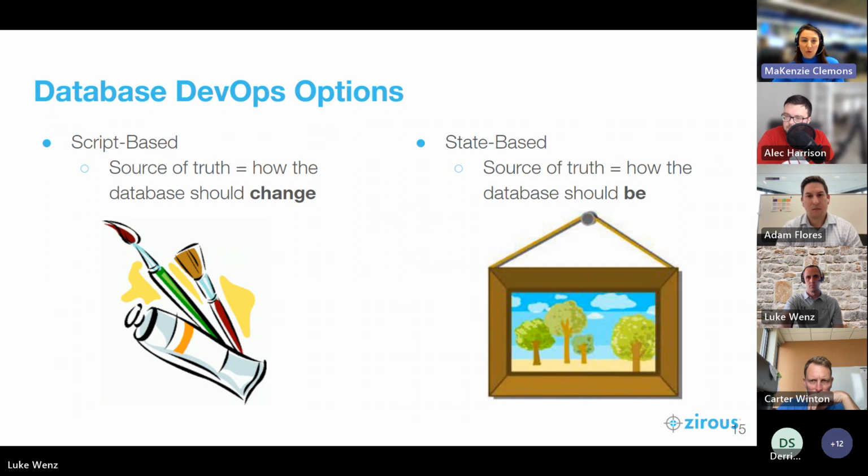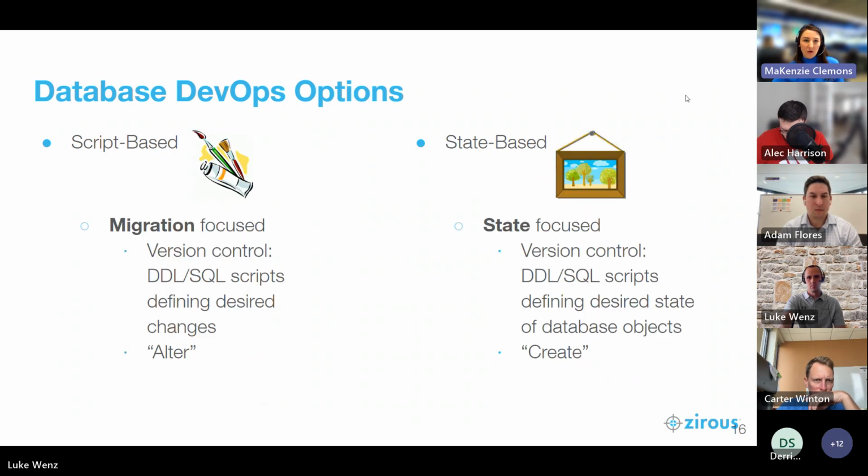So those are the 2 different approaches that we have as we're talking through different database DevOps tooling. If you can go to the next slide, Luke, we have a couple more comparisons of the 2. On the left-hand side, the script-based approach is migration focused. So the version control, that foundational need 1, is DDL and SQL scripts that are defining the desired changes. You'll see create scripts as well as a lot of alter scripts as you're making changes throughout the lifecycle